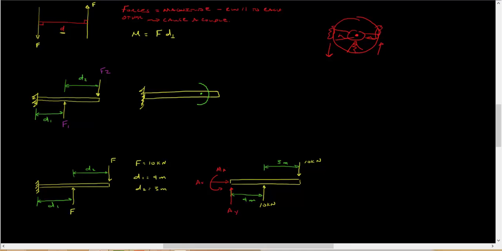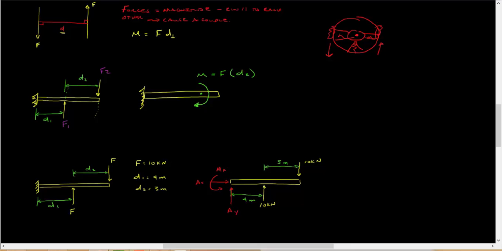Now, the way it's rotating depends on the way the forces are rotating. So you notice this force is rotating down, this force is rotating up. So it is going to be a clockwise rotation. And what is this moment going to be on this beam? Well, this moment is going to be the force times